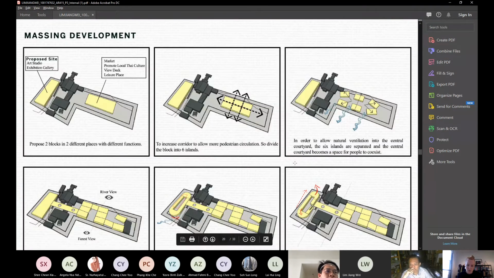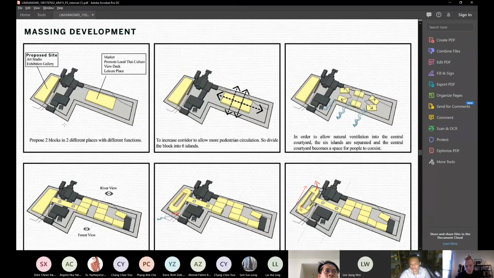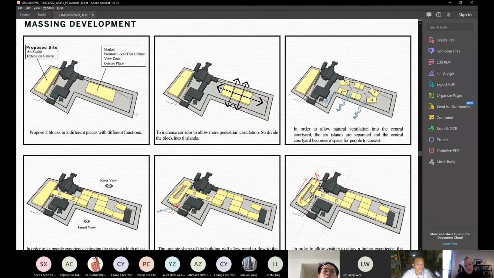For the massing model, I propose two blocks in different places with different functions. This block is proposed as a studio, experience, and gallery. To increase the corridor and allow more pedestrian circulation, I divide the block into 6 islands.